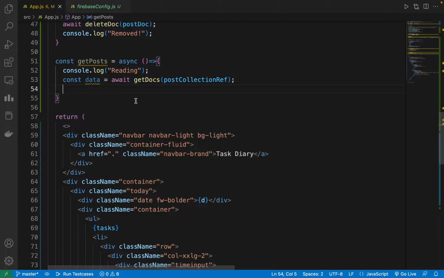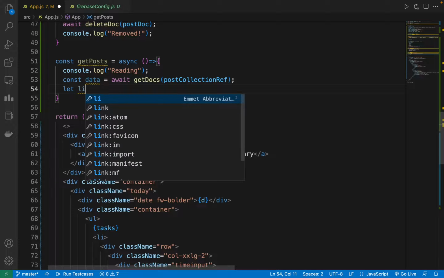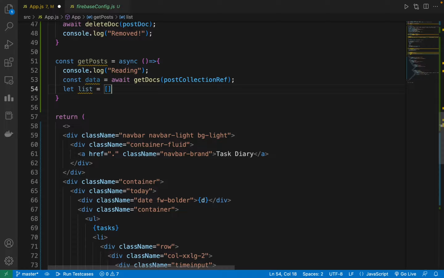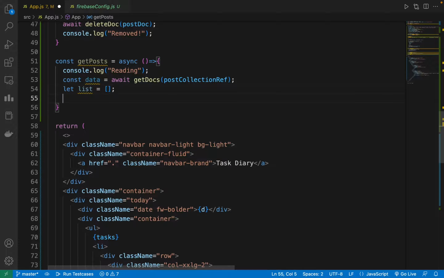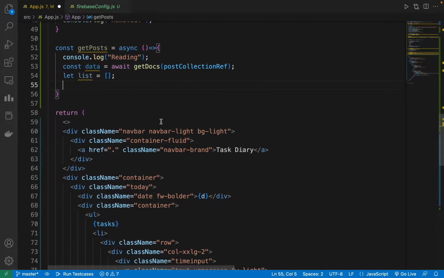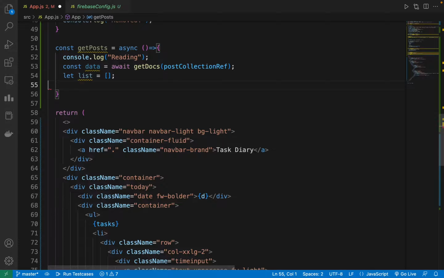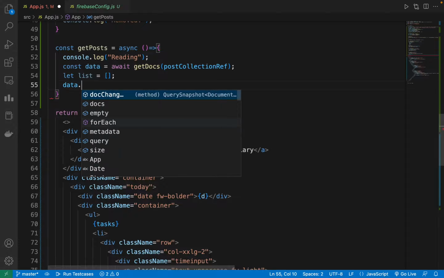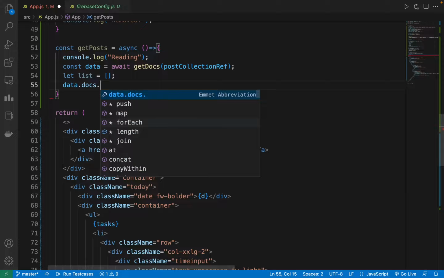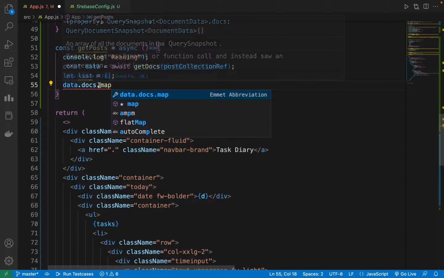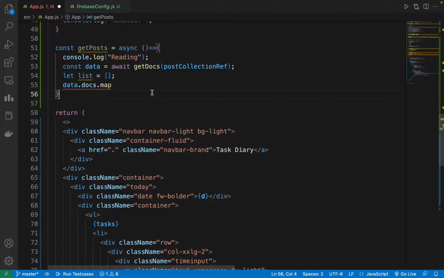So let me make a list here, and in this let me just use the map function. So data dot docs dot map,